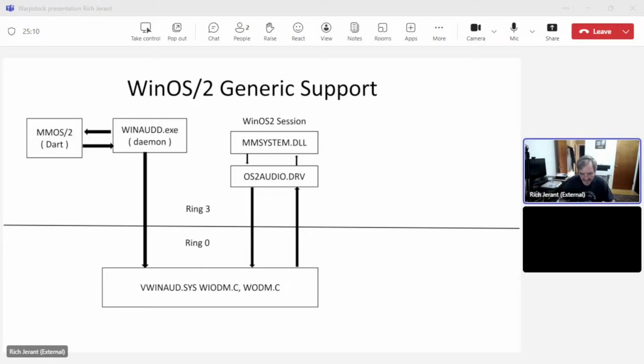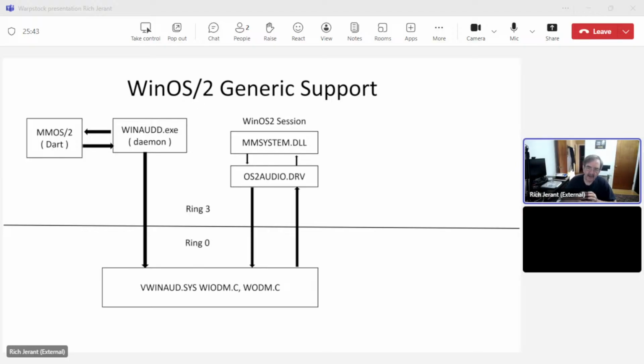So it would basically suspend all these threads down inside the kernel, and when messages came through from Windows, they'd get processed by the VDD, and when it was time to set up and play something, the VDD would allow one of the threads to return to the daemon, and there was some shared memory, and the daemon would look at the message that the VDD had put there, and it would process the message,